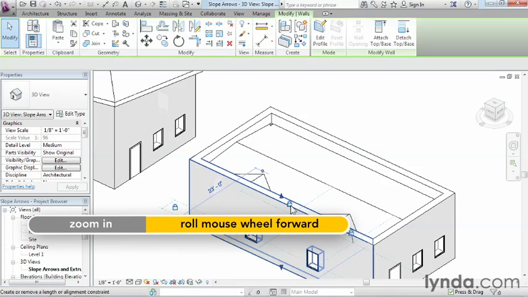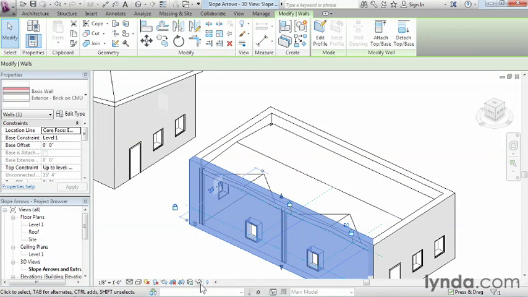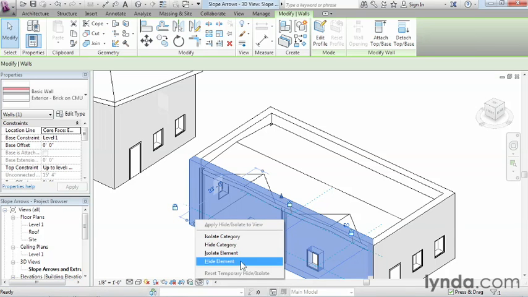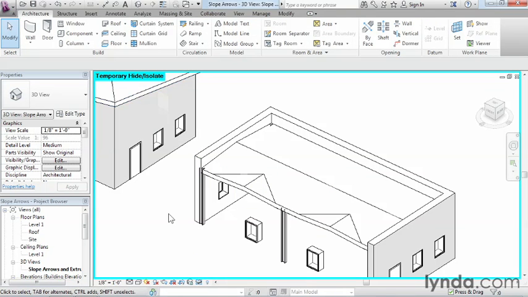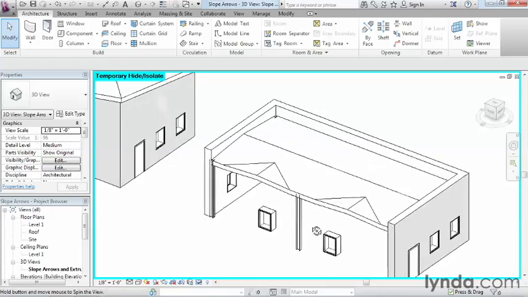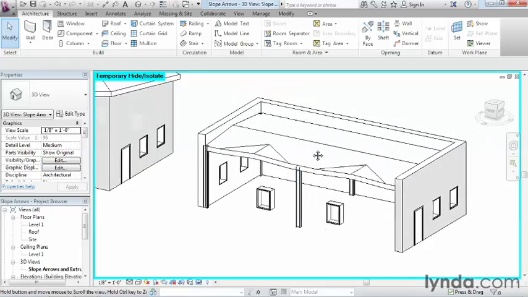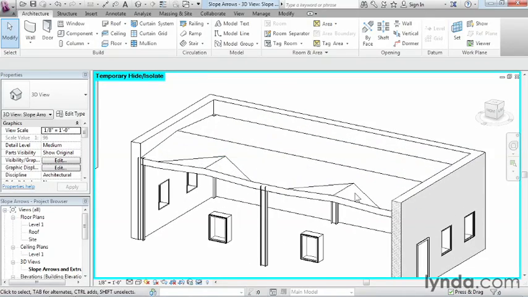Now, what I'm going to do to show you this one is I'm going to take this wall, go down to my little sunglasses here, my temporary hide isolate. We looked at this in a previous movie, and I'm going to hide that element. Now, that gives me the temporary hide mode, and it's just telling me, just get it out of my way. It's temporarily hidden. Let me orbit the 3D view just a little bit here and show you how these crickets